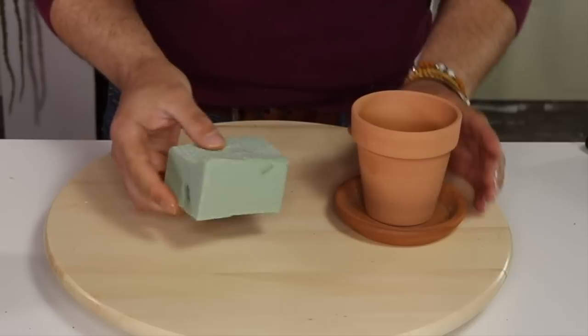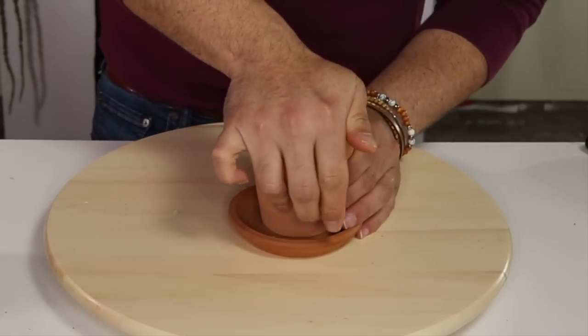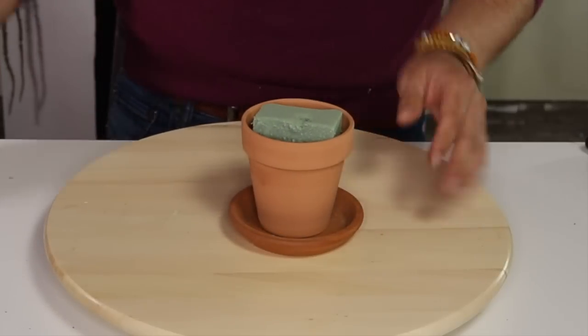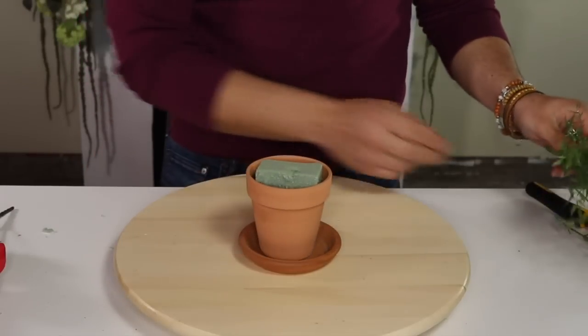So basically, I just want a little square like this to go ahead and insert and push all the way down like this. You want it to be flush. And so I'm gonna remove the rest of that foam over here. All right, so once we have our foam in our container,